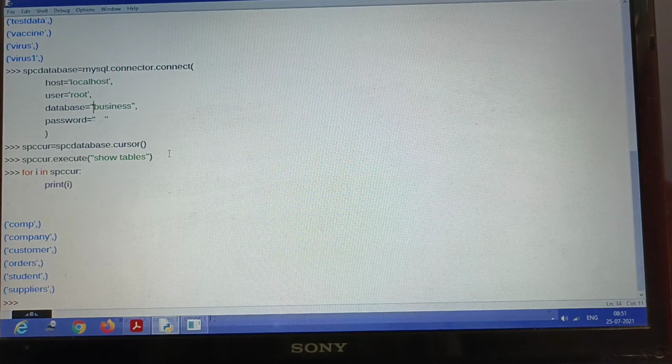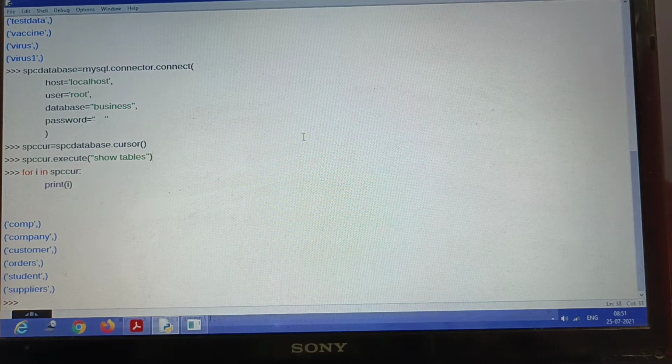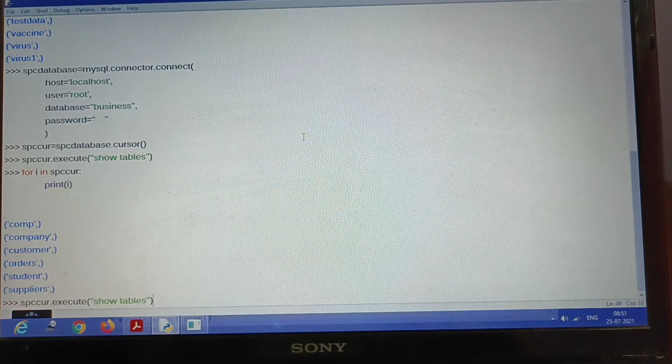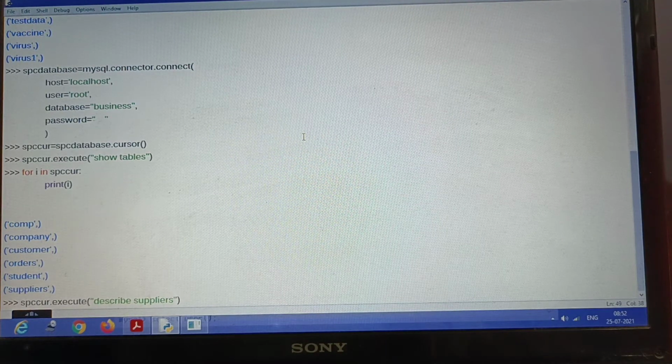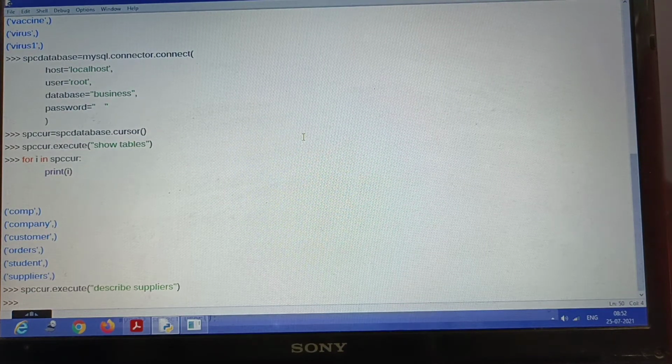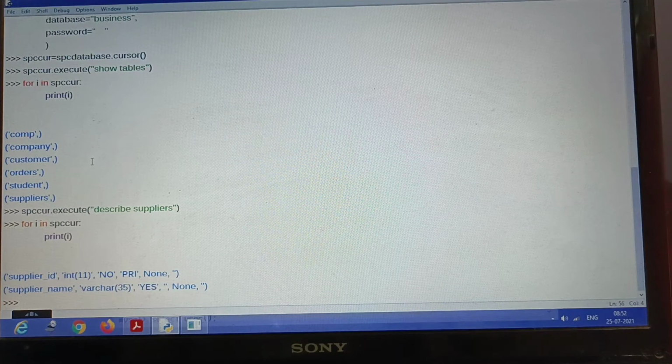The only thing I have to do is write this command again and again, svccar.execute. Instead of writing show tables, I can write describe suppliers. Describe suppliers is basically a command to see the structure of the table suppliers. Here you can again see the same thing is coming.